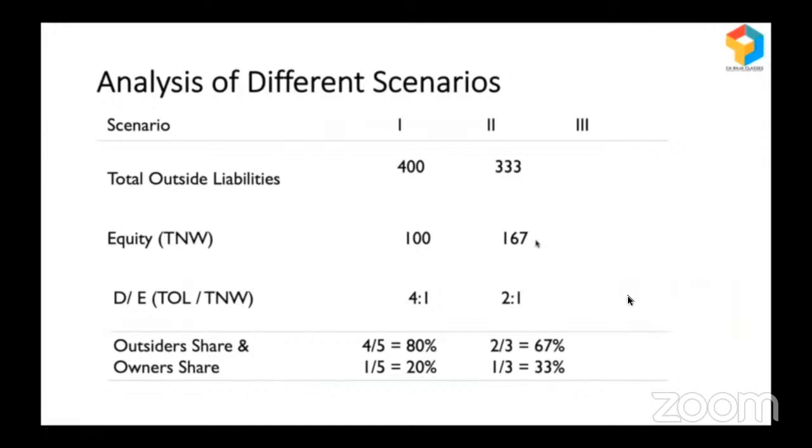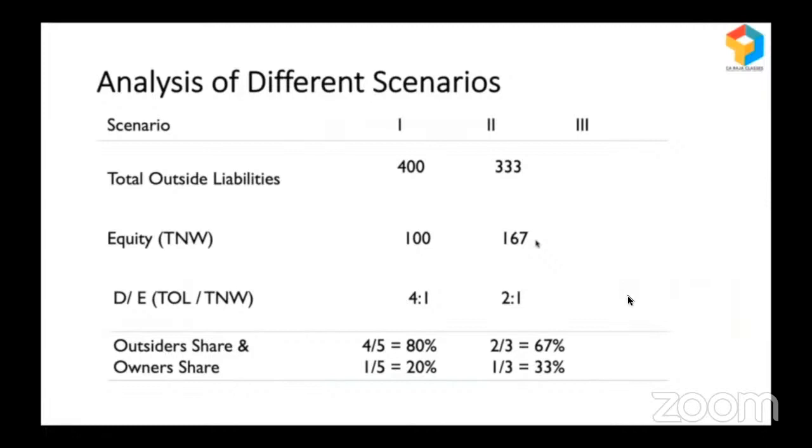And for me, this is much better than scenario 1. In scenario 1, outsiders' contribution is 80%, whereas in scenario 2 it is only 67%. To that extent, there will be a reduction in fixed cost as well. In scenario 1, owners have contributed only 20%. In scenario 2, owners are contributing 33%. I see that as a good sign, because owners will be investing more of their money when they see their